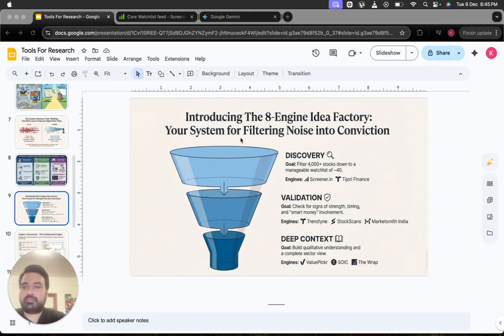So the tools are used in various forms, but the process is basically discovery of ideas, which can come in the form of various signals. You validate each of your ideas, you build context, and then you finally decide whether to buy, or whether to add it to your watch list for a time when the risk reward is more appealing.